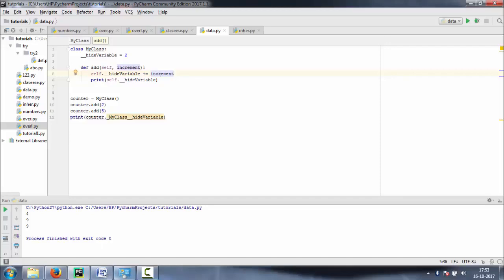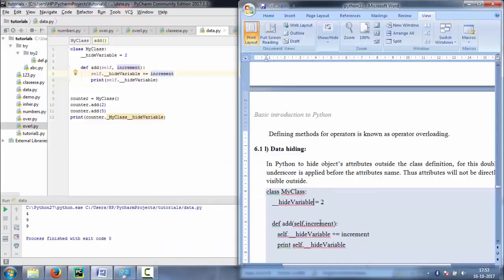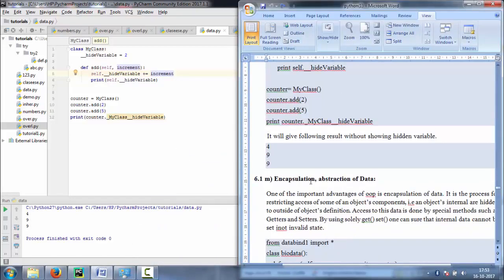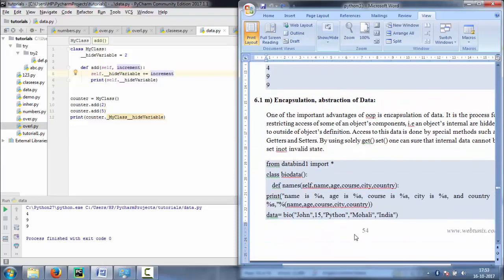Now the next topic is encapsulation and abstraction of data. One of the important advantages of OOPS is encapsulation of data. In this process, access to some of an object's components is restricted, and the object's internals are hidden from the outside object definition.